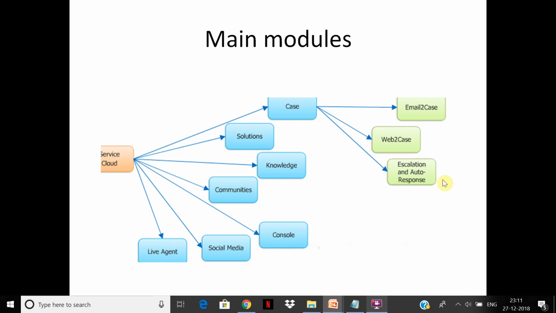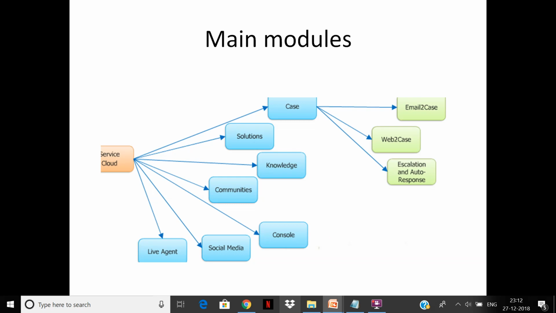Now if somebody creates a case and suppose the SLA is 2 hours, and if it is still not attended or reaches a particular status, it will get escalated to the manager in the hierarchy. And then auto response is when the user creates a record or a case, he gets an acknowledgement that it has been created. All this can be configured. To find solutions, knowledge can be used. And there are communities. You can create websites and expose the case, and many parts of Salesforce, all parts of Salesforce can be exposed